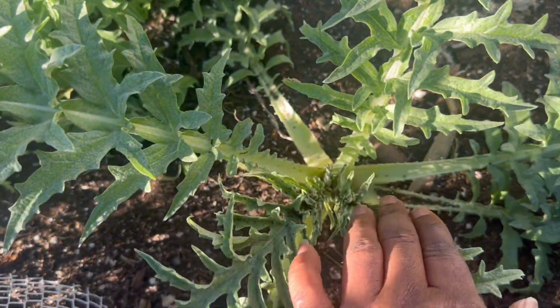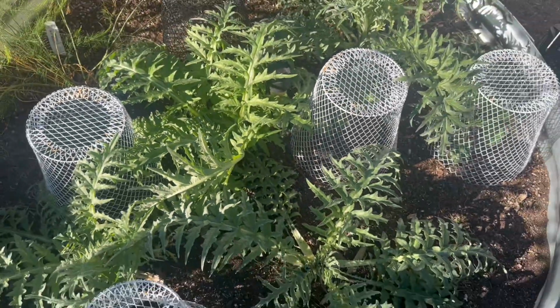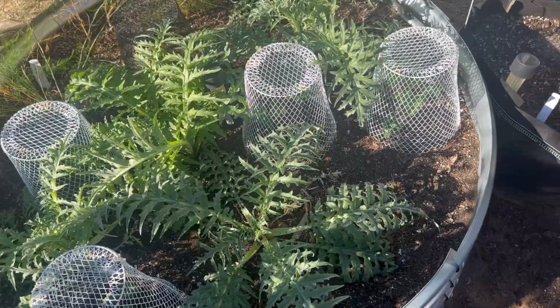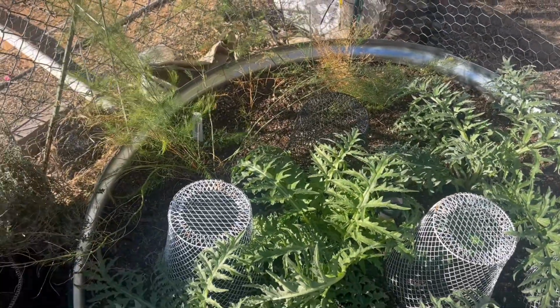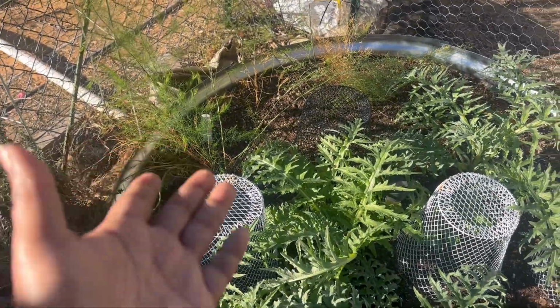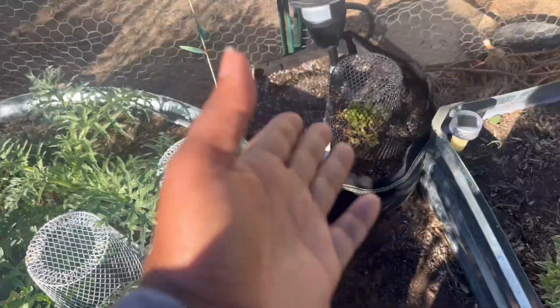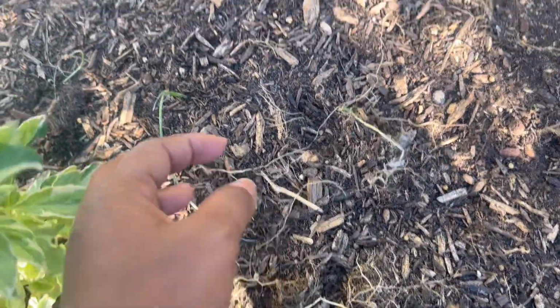These ants and these aphids are still on my plants, y'all. But at least they're growing. They're growing and they look healthier than they did in the grow bags. My Mary Washington asparagus, they're perking back up. So that looks good. My blueberry, all the onions I planted over here, y'all, I don't know what I'm going